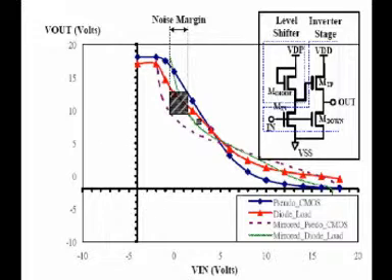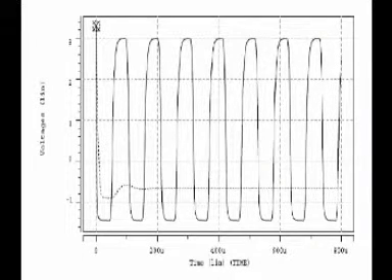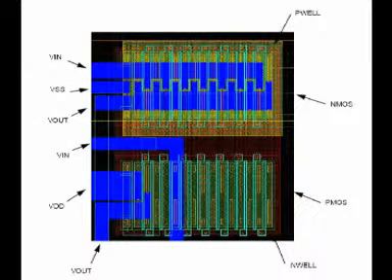For the diode-load design, shown as a dotted line, the voltage swing headroom is greatly reduced and therefore it ceases to oscillate. For the pseudo CMOS design, the ring oscillator can still oscillate but has a longer gate delay, which is reflected in the larger pulse width as seen in the waveform. This can provide circuit designers a trade-off between circuit speed and power consumption.